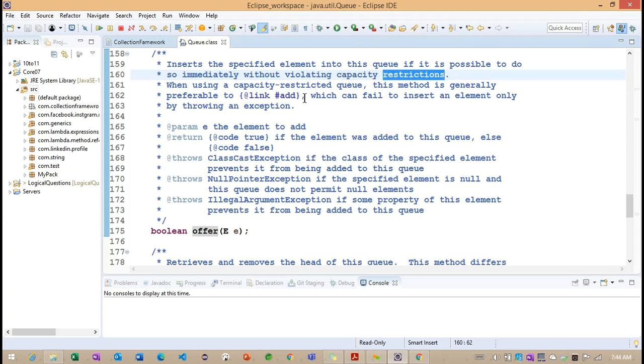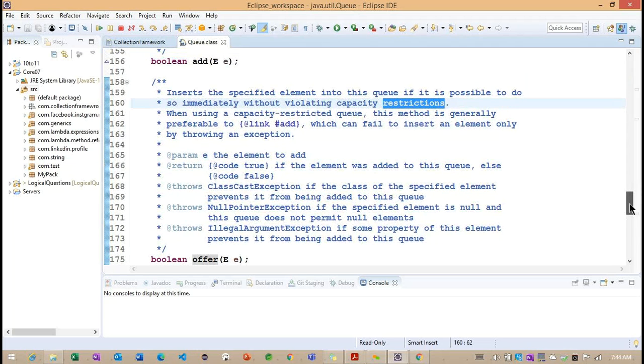In case I get any failure, it will not add the object into the queue here. But now observe the difference between the add and offer methods. We need to read these two statements so that we can understand the difference between the add method and the offer method.